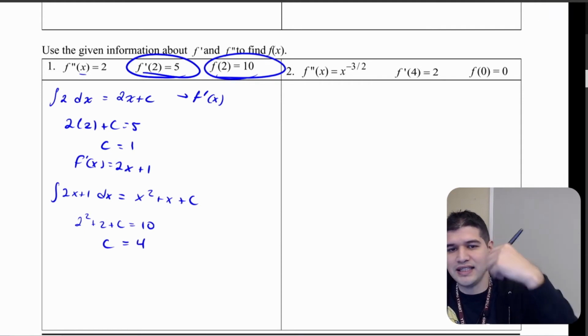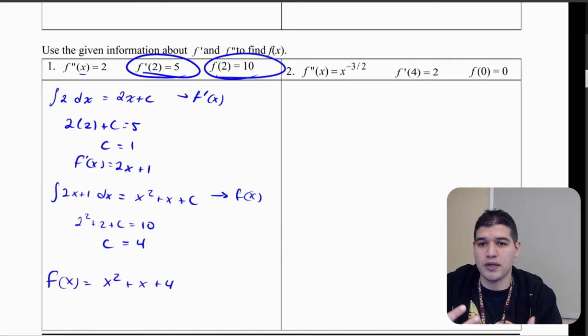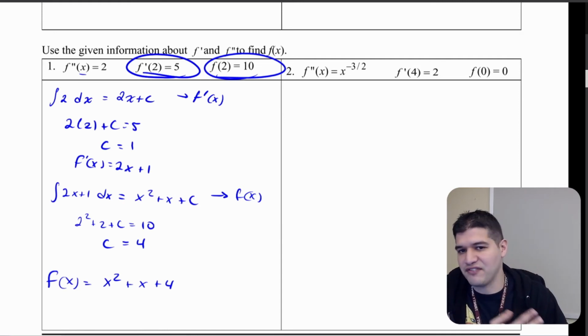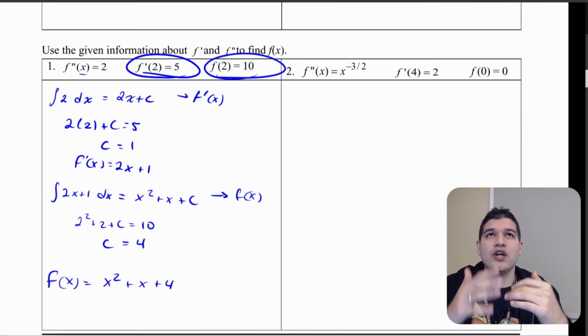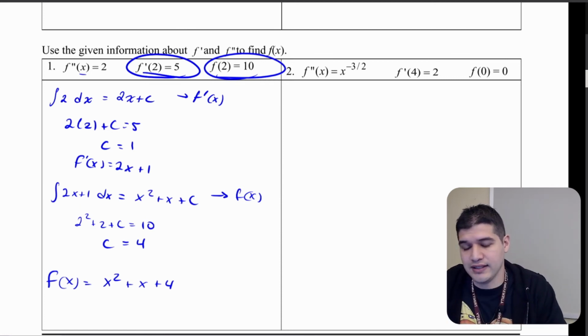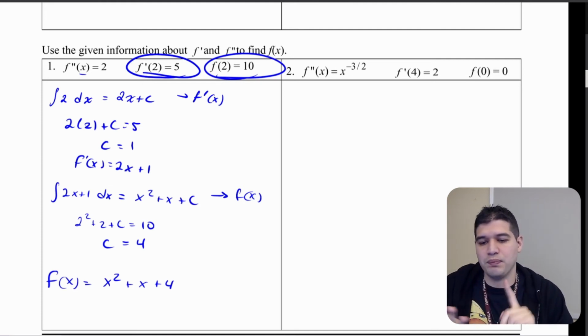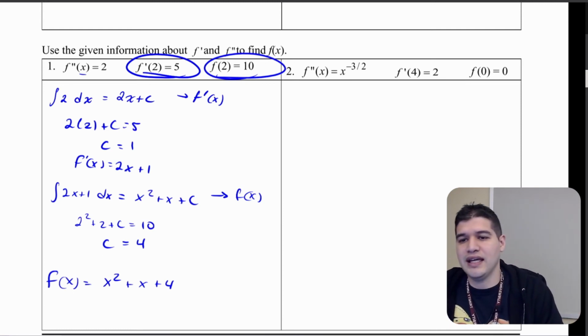So now I want to find f of x. We know that this part is going to give us f of x with the constant, and now I know that constant is 4. So f of x is going to be x squared plus x plus 4. Because we're given those starter points, f prime of 2 equals 5 and f of 2 equals 10, we can determine that information. We don't need to keep it a random constant. We know specifically what that constant is. And of course, if we were to take the derivative of x squared plus x plus 4, we'd get f prime of x. And if we were to take the derivative of f prime of x, we would get exactly what we started with,